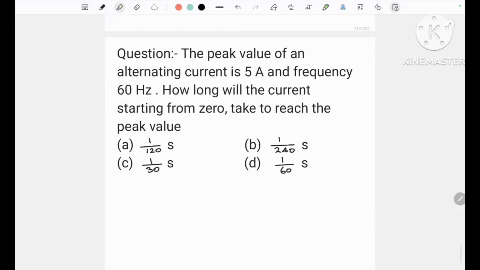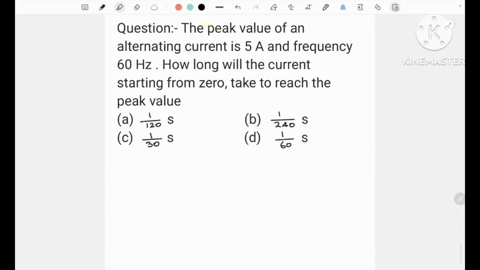Next, the peak value of an alternating current is 5 ampere and frequency 60 hertz. How long will the current starting from 0 take to reach the peak value? At time t, current is I0 sin omega t,